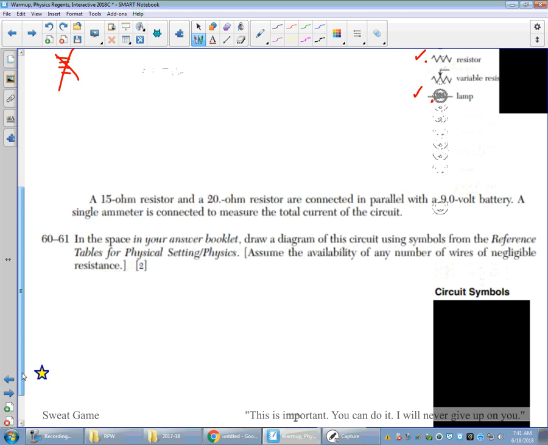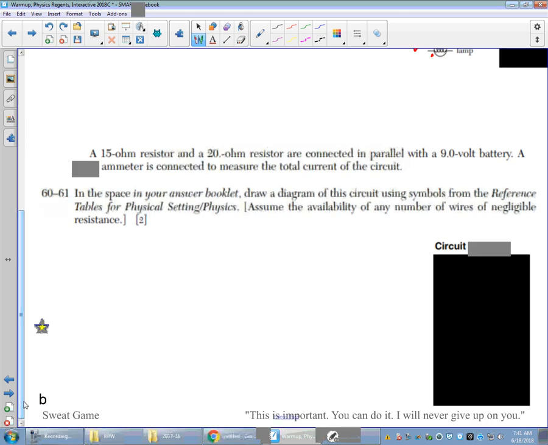There's another one. The Regents is somewhat partial to parallel circuits. So series does show up, but the bigger problems, the 4 or 5 point questions at the end, the sketches typically are parallel circuits. So let's check this one out. Here's a resistor and a resistor are connected in parallel with a battery. A single ammeter. Watch out. Now, it's connected to measure the total current of the circuit, so that does matter. When you draw a parallel circuit,